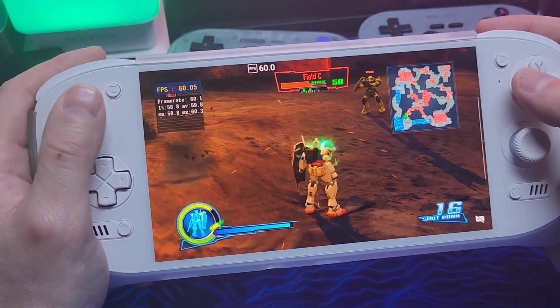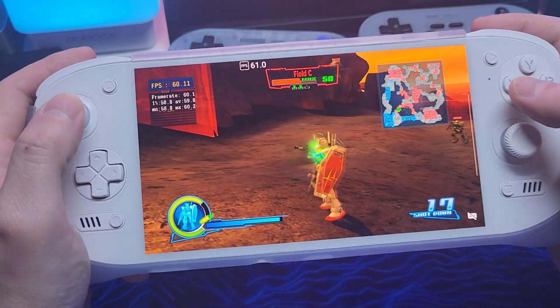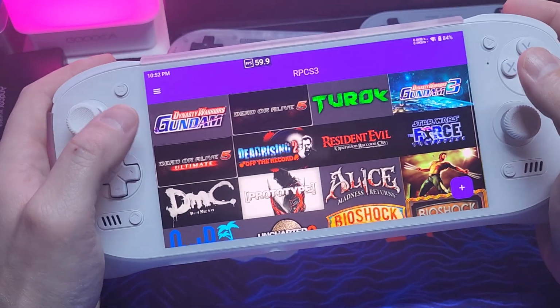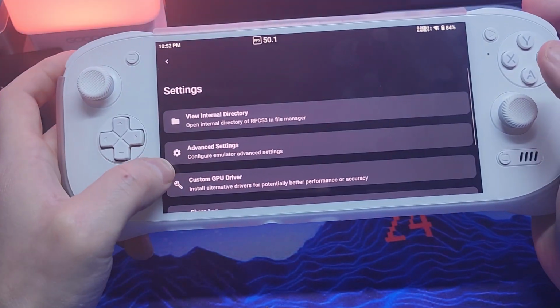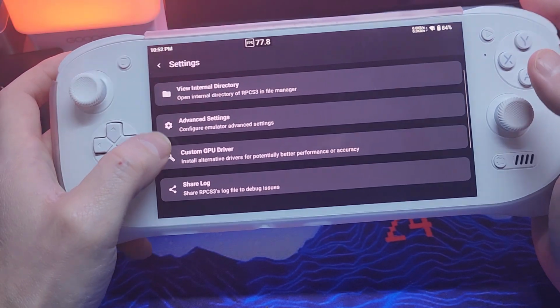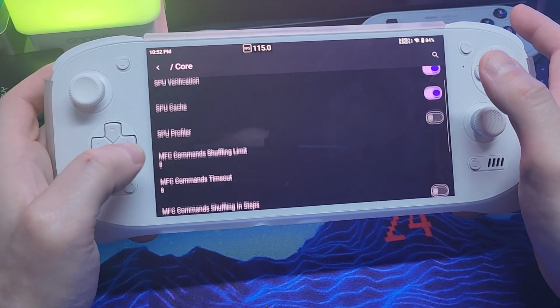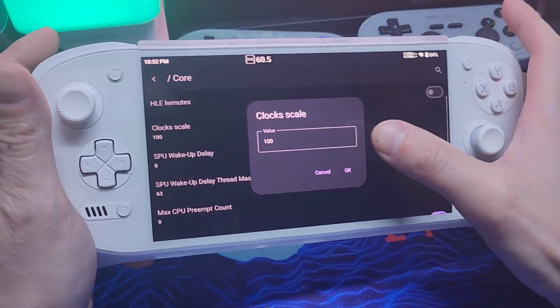Alright, it's kind of fun, you know, just kind of repetitive. But you know me. Let's see how much fun we can have, right? Because that's what we're here for. So we're going to go to core. Scroll all the way down. We're going to clock it up